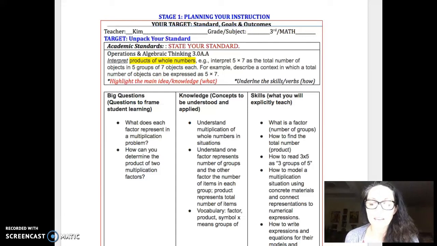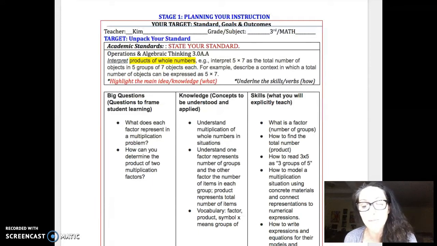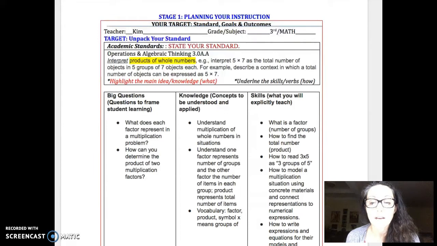Hi, this is Dr. Dickinson, and in this recording, I'm going to be explaining how you can use the learning map to design instruction. So stage one is planning your instruction. We have our 6 elements that will be incorporated throughout the learning map, which are teacher, learner, target, assessment, instruction, and management. So in your first part of this lesson, you'll be looking at the target, your standards, your social